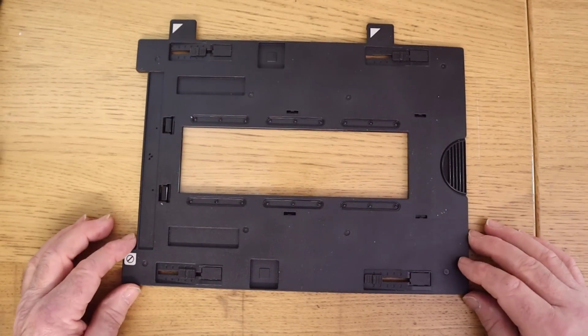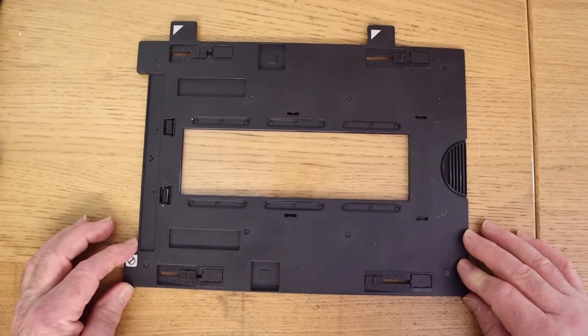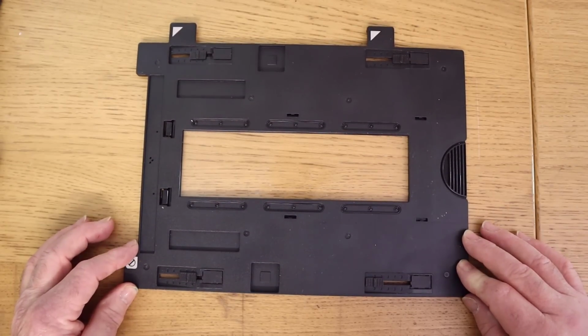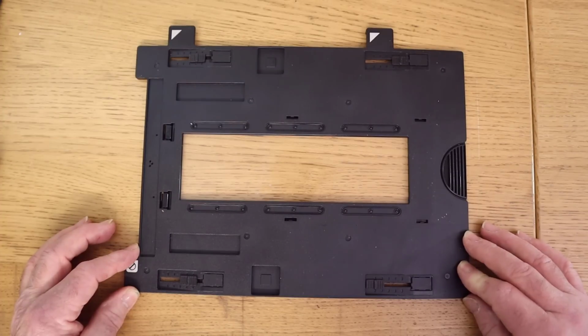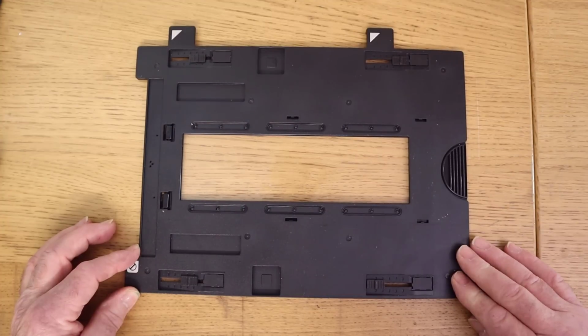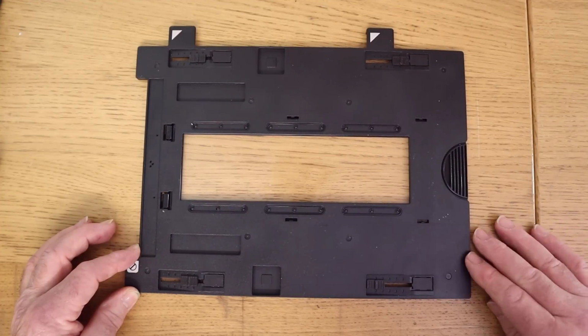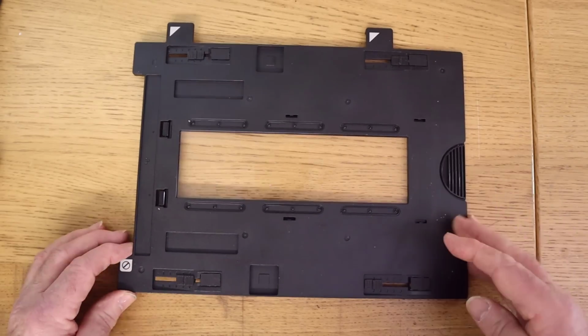Right, here's my first scanning tip. If you're the user of an Epson V800 flatbed scanner or even the Epson V850, you'll know by now that the film negative holders are not that good really. For the price you pay for the scanner, I would expect them to be a lot better, but they're not good. Especially the medium format one. I find the best one is the 4x5 holder. That seems to hold the negatives nice and flat,